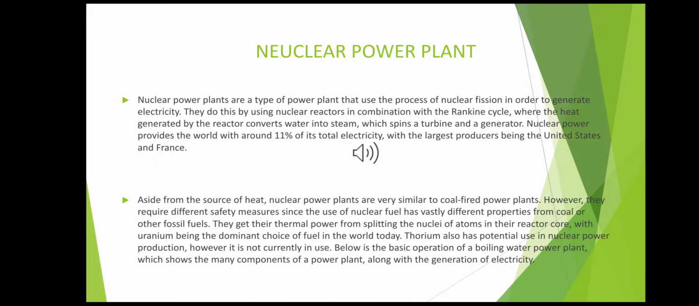Nuclear power plant. First, nuclear power plants are types of power plants that use the process of nuclear fission in order to generate electricity. They do this by using nuclear reaction in combination with the Rankine cycle, where the heat generated by a reactor converts water into steam, which spins a turbine and a generator. Nuclear power provides the world with around 11% of the total electricity, with the largest producers being the United States